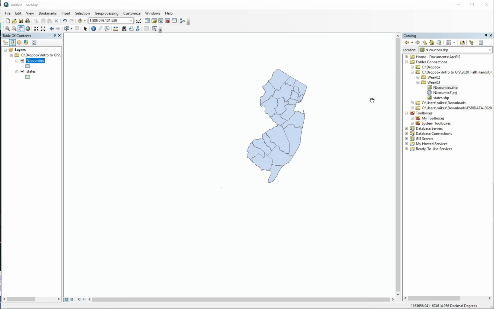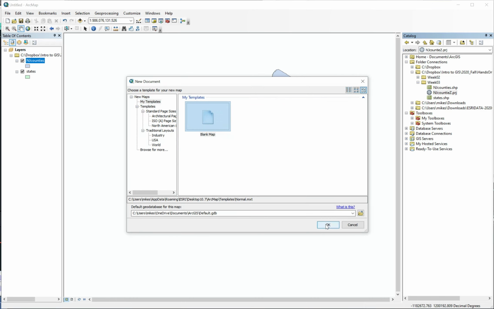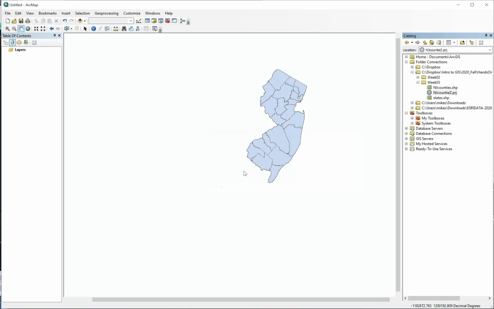So the next thing that we're going to do is to fix this problem. So we know that the PRJ file is not associated with New Jersey counties with an S. We could simply just rename this back to New Jersey counties with an S, and then everything would be fixed. Instead, what we're going to do is, first of all, I'm going to just create a blank map. And then I'm going to use the,